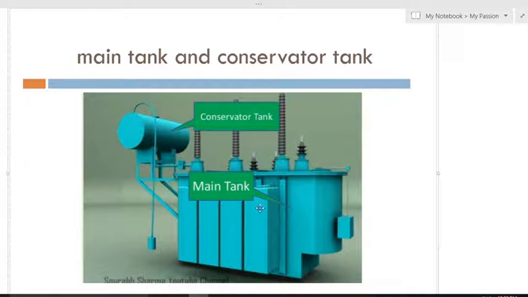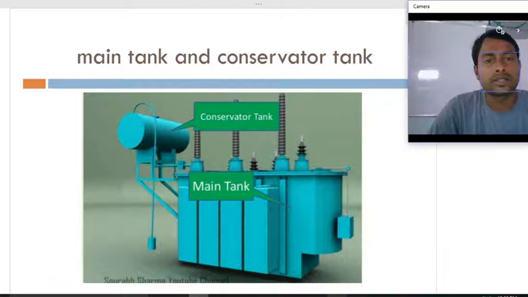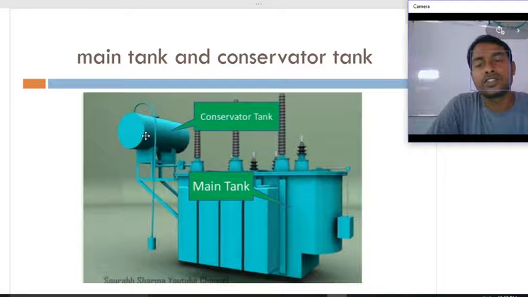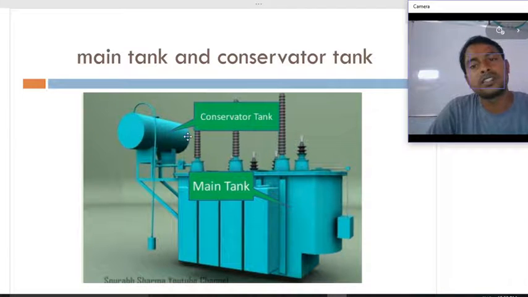So this is the main tank of the transformer, and this is the conservator tank of the transformer. The conservator tank's function is similar to the surge tank in a hydel power plant. Just as the surge tank works there, the conservator tank has the same function.